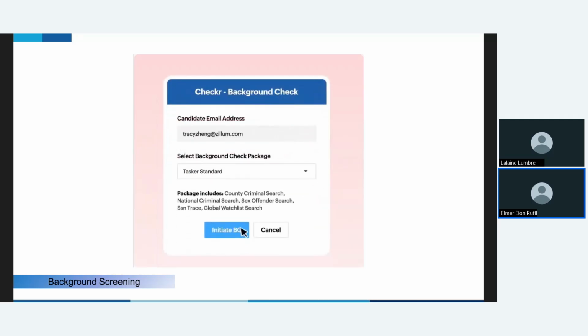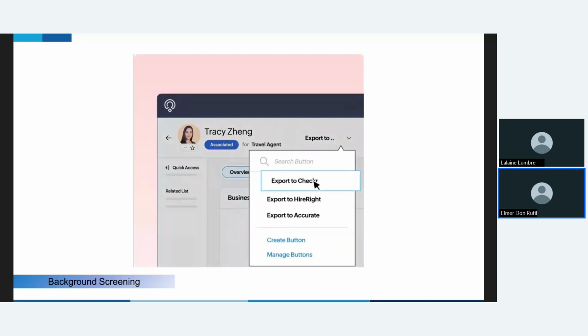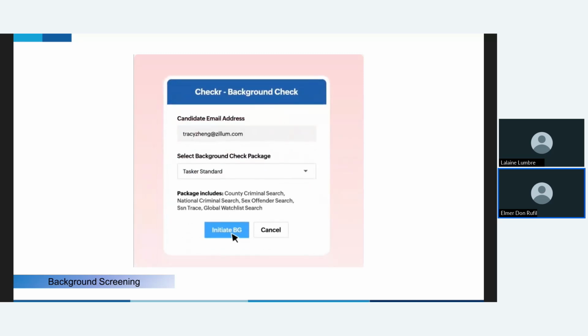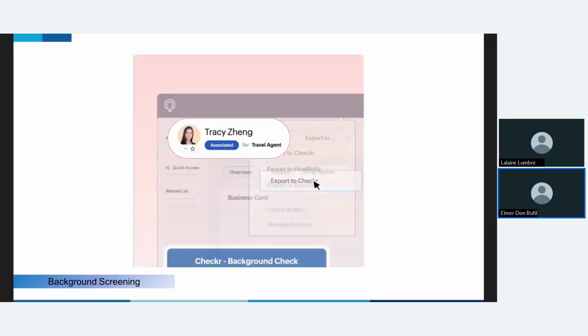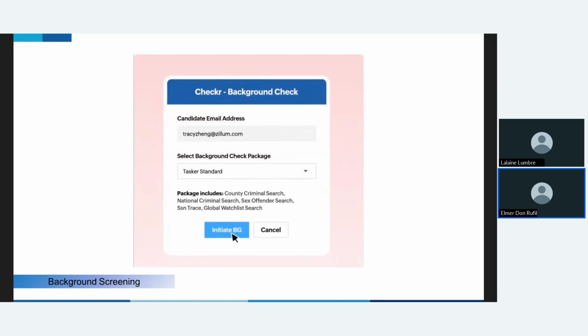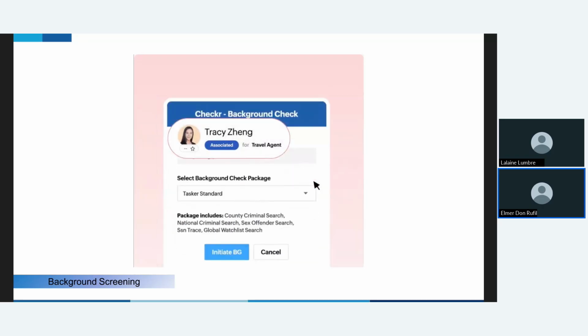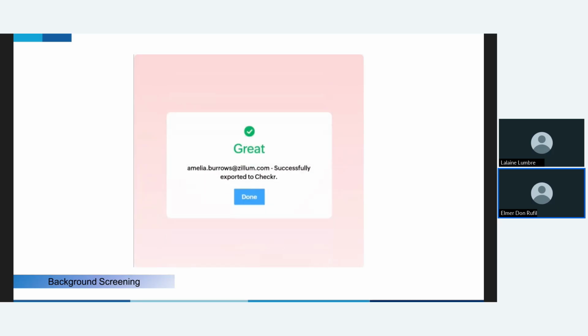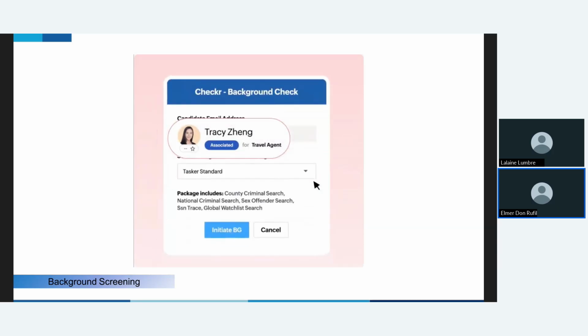What's convenient here is that Zoho Recruit integrates with third-party background verification services. That means you don't have to jump between different tools or manually send documents. Everything happens in one place. The results are automatically linked to the candidate's profile,